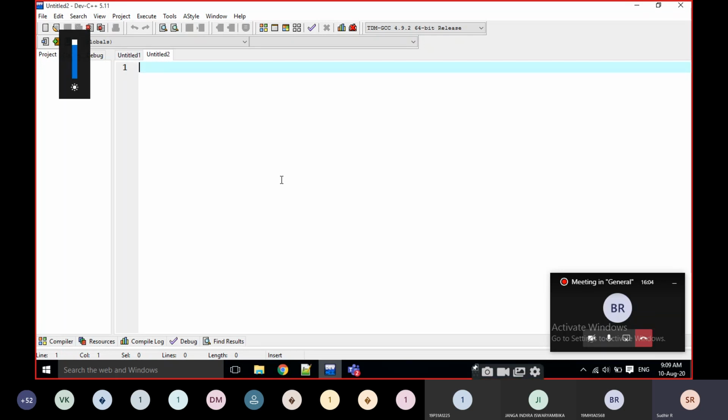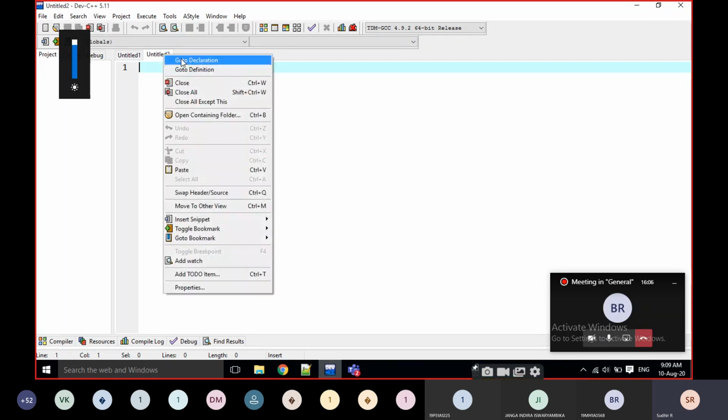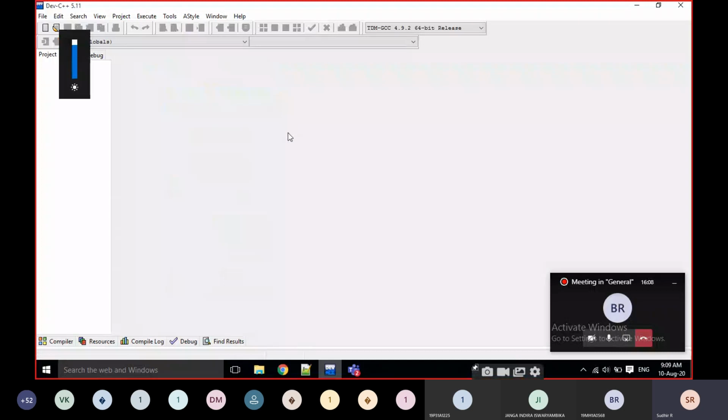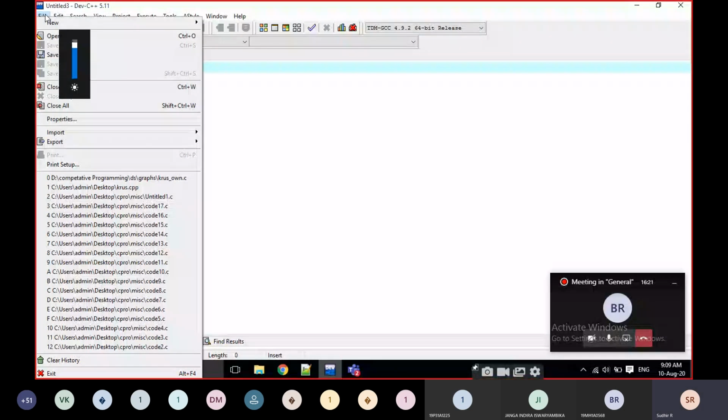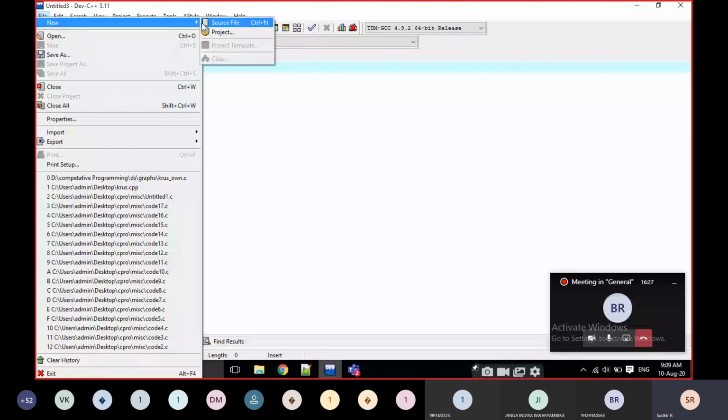Then go for Control N. If you open Dev C++, it will look like this. We can open a new file with Control N, or we can go to File and then New, Source File.